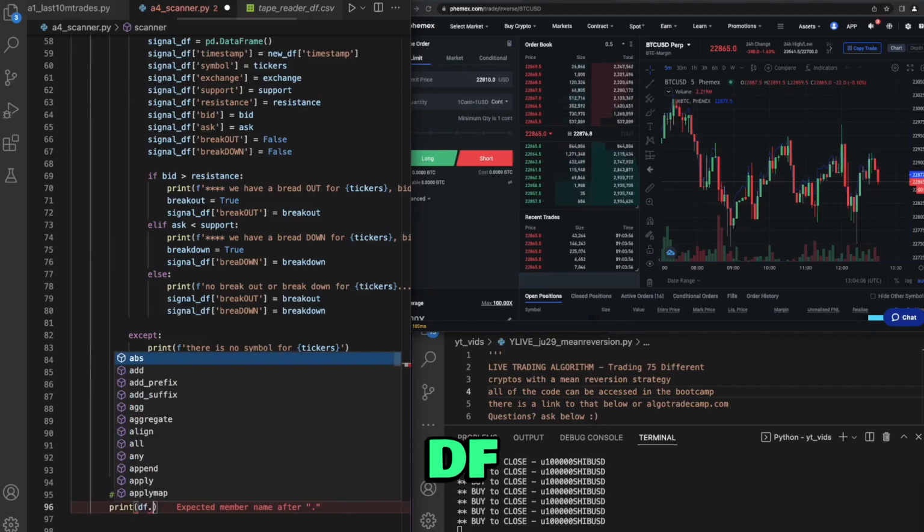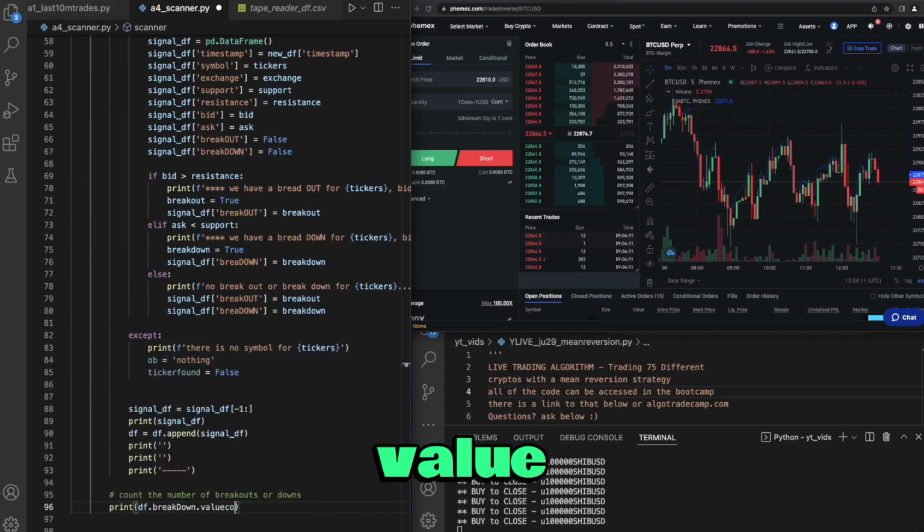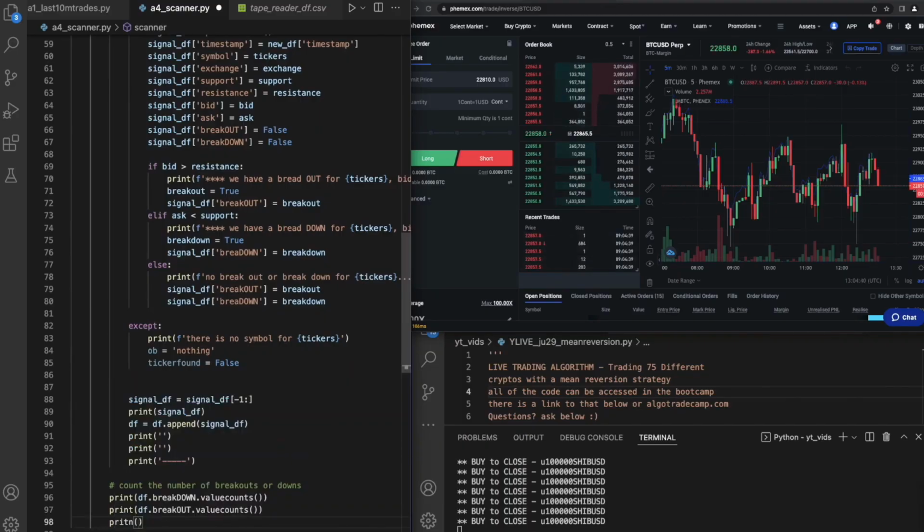We just want to print df breakdown dot value counts, and then pretty much the opposite for breakout. Breakout, breakdown, breakout, breakdown. So that's how you count the number of breakouts. And then let's print the number